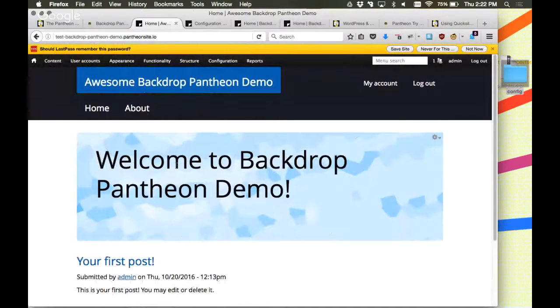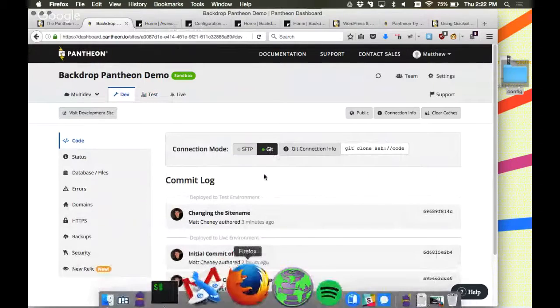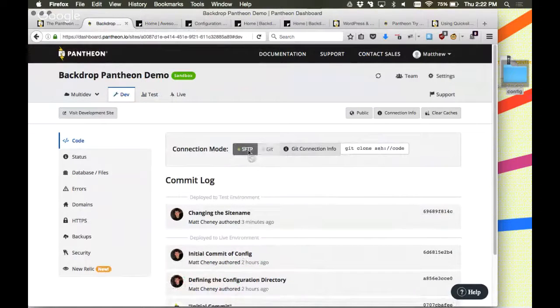That's nice because it saves you having to manage the tarball files. It also puts it in version control. Hopefully you see the benefits of that. There are a couple other cool things you can do in Pantheon for Backdrop sites. Right now I'm in Git mode, so you saw me do the Git checkout and Git push. One of the other features Pantheon